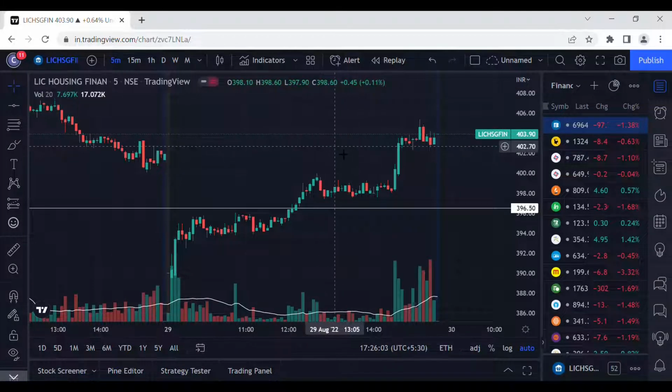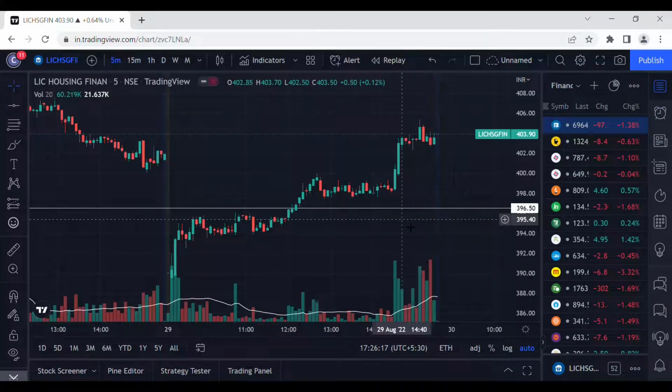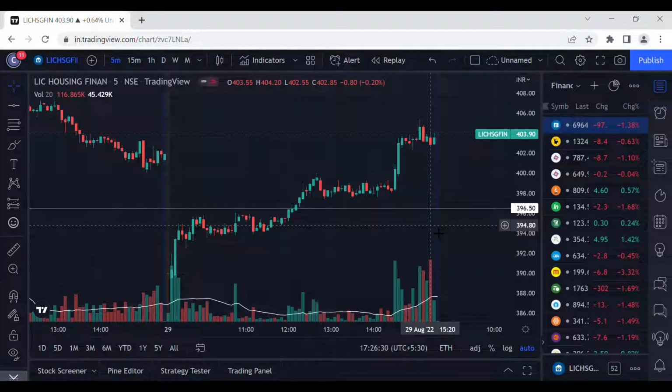The traded volumes are less in housing finance, because of which, when I placed this 396.50, it did not exit at this point, it exited at 396.65. So you should also be careful about the number of volumes. There should be a good amount of people participating, the buyers and sellers, or else such kind of stuff happens.